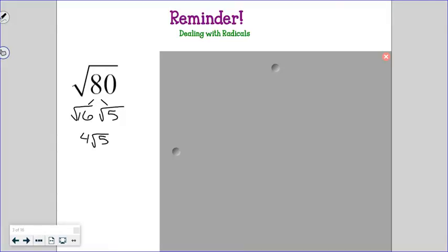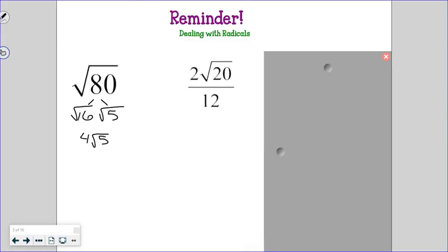The other reminders I have for you with radicals are when dealing with fractions. I use the terminology inside and outside. That's just my own words. But if you were to look at that, can you identify what would be inside numbers and outside numbers? Like the 20 is inside and the 2 and the 12 are outside. When you're simplifying, make sure that you simplify numbers that are alike. If they're both inside or they're both outside, like the 2 and the 12, both outside numbers, I could simplify that fraction. Both are divisible by 2,